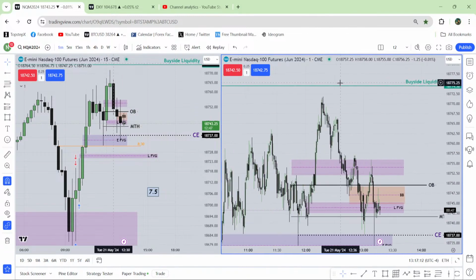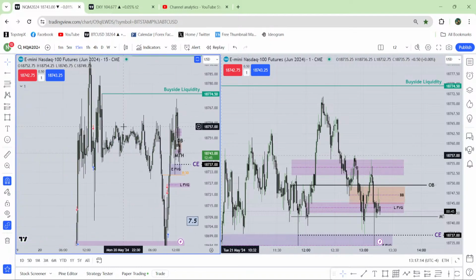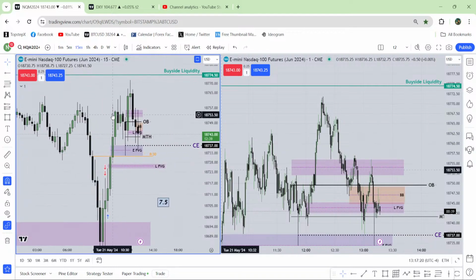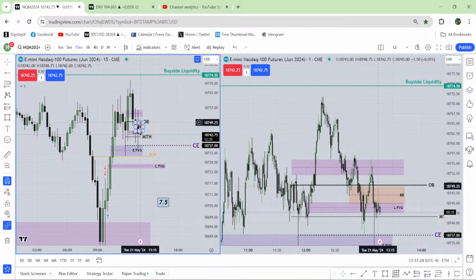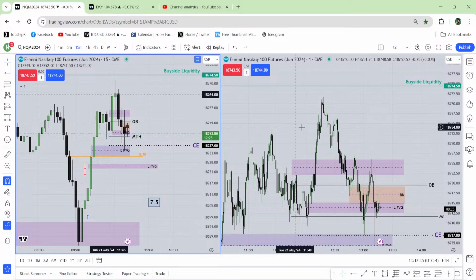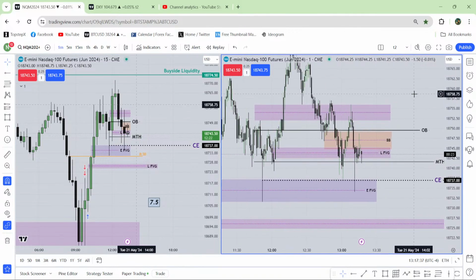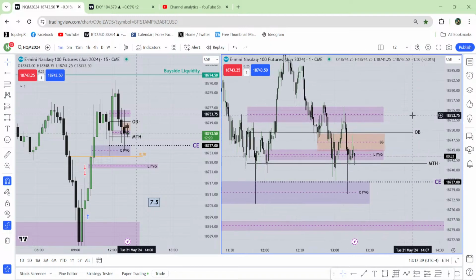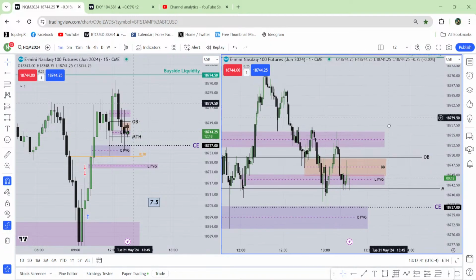You have this clean buy side liquidity. If you can see this high and that high, they're relatively equal highs. So you have clean buy side liquidity. Price came here to this entry fair value gap, went higher, and came back again to this order block, the lowest down close candle. This is the opening of that order block. This is the mean threshold. So far this order block is holding the price because nobody closed below the mean threshold. So it's absolutely perfect, and it is holding the price, and I believe the market will go for that buy side liquidity.